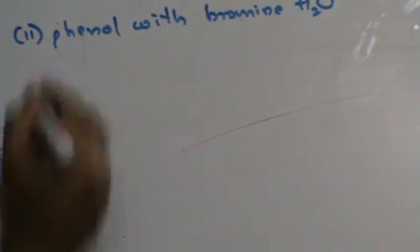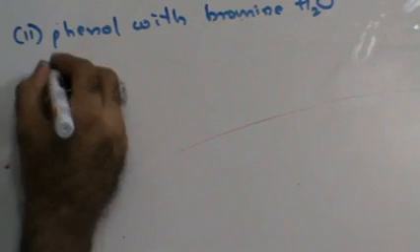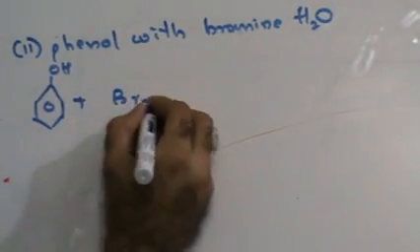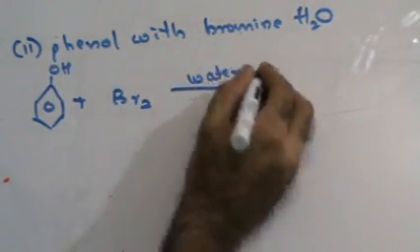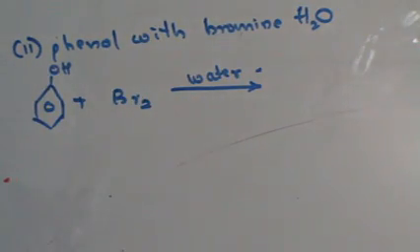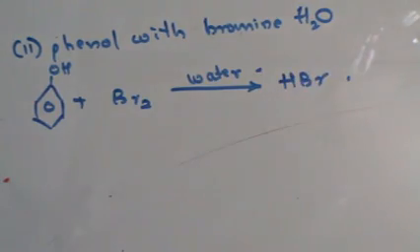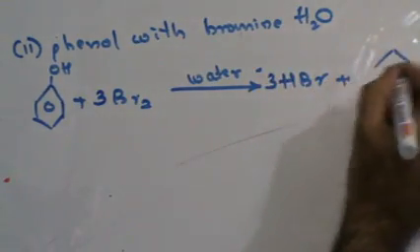When it reacts with bromine water, you will get hydrogen bromide, HBr. Now since I need this, you will have 3 HBr plus